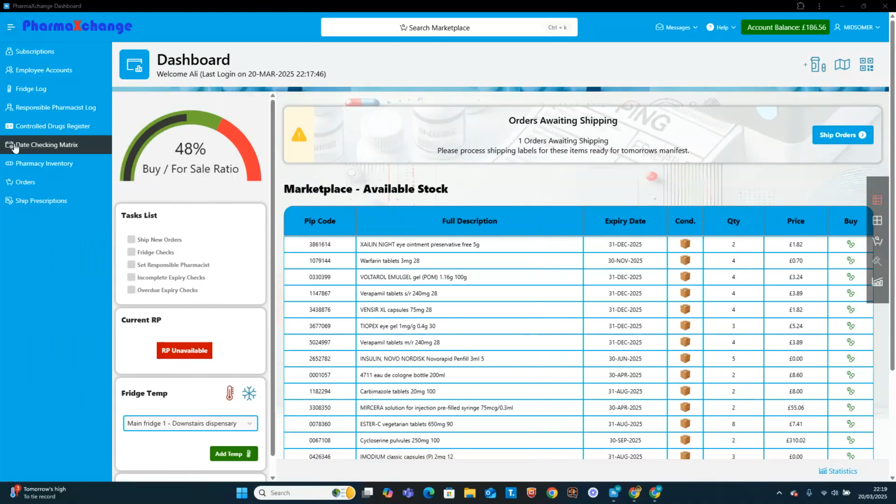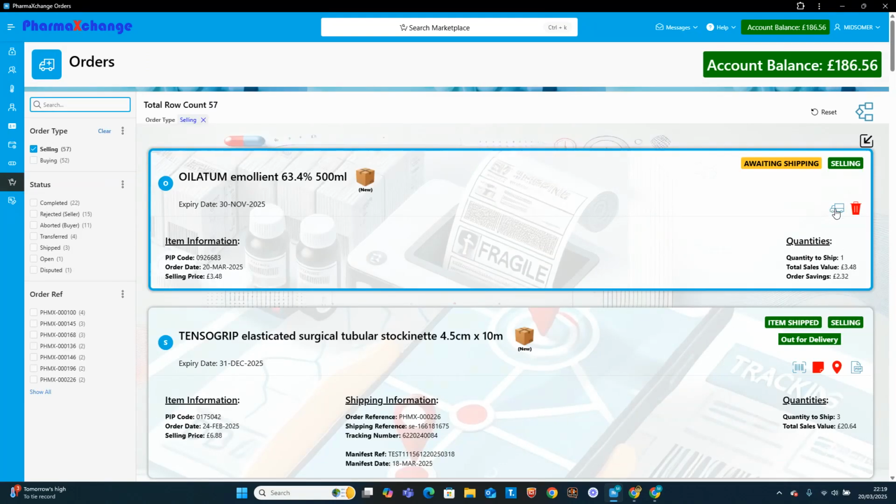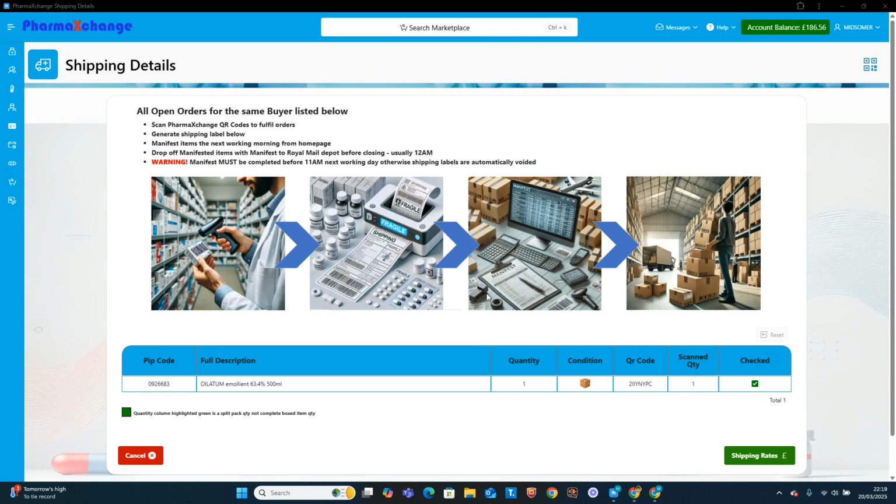So a quick run back to the orders page, and you will see any orders that are awaiting shipping. So the shipping is integrated within the platform as well. So if you want to ship the item, you click on this little icon here. And at this stage, you will scan that unique QR code for the product. So you go to your shelf, you find the product listed here, you scan the unique QR code at this stage. Once that code is scanned, the system is making sure that you've selected the correct product to be shipped,